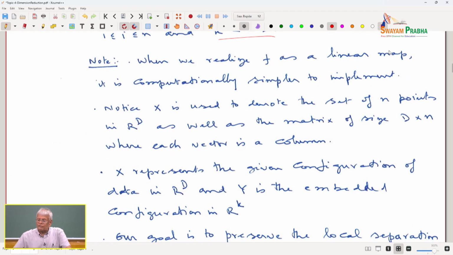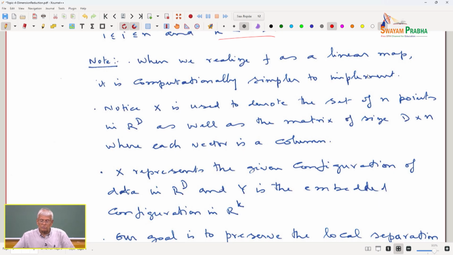When we realize F as a linear map, it is computationally simpler to implement. Hey, that's a key thing. We can have the cake and eat it too. I need to perform the transformation without having to work too hard. Linear transformation comes to the rescue. And in so doing, I want to be able to preserve the pairwise distances to as nearly